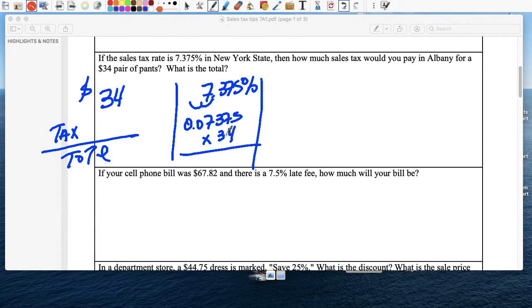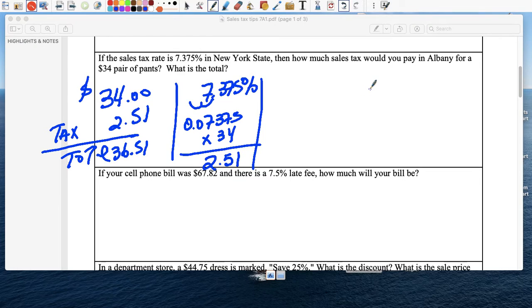0.07375 times 34, and if I did that correctly, again, round it, this is going to give me 2.51. So my tax is $2.51. Add it up, it's $36.51. Now, over here, if I didn't want to do it that way, I just want to find out what the